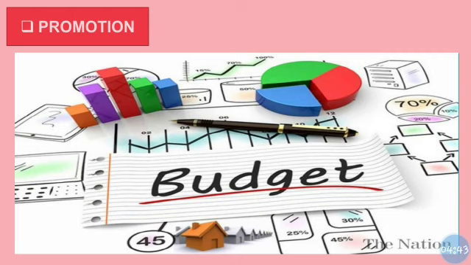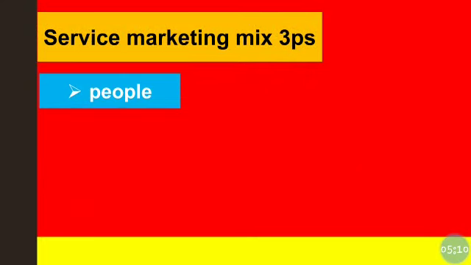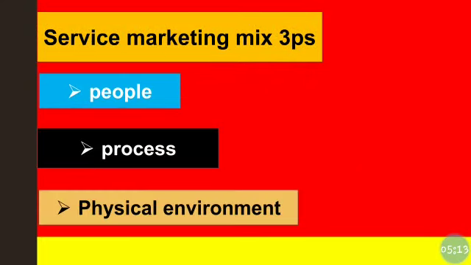Till now we studied product, price, place and promotion, 4 P's, which are associated with product marketing mix. In all above 4 P's, the main theme was product. That's why it is called as product marketing mix. In addition to 4 P's, we'll study 3 more P's, such as people, process, physical environment, which are related to service marketing mix. Here we'll discuss about services that indulge in marketing.